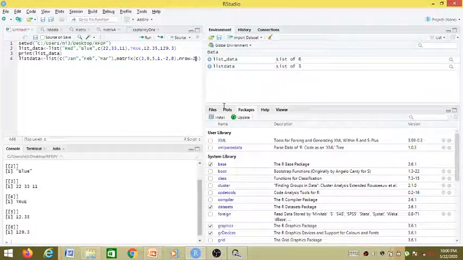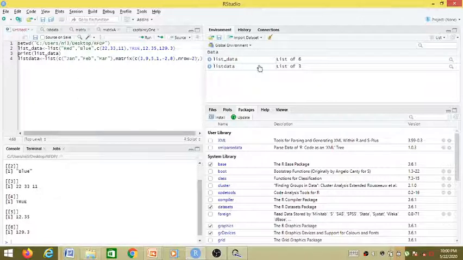And as we have already seen yesterday, in creation of a matrix, if there are 6 elements and rows are 2, I need not provide the number of columns, and still it will create the appropriate number of columns. In this case it will be creating 3 columns, so 2 into 3, 6 elements can be accommodated into that particular matrix. So this is my second element of list data, comma, and the third element was a list itself.